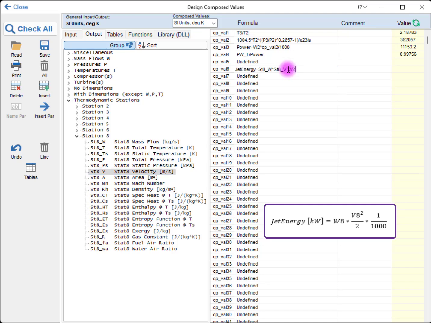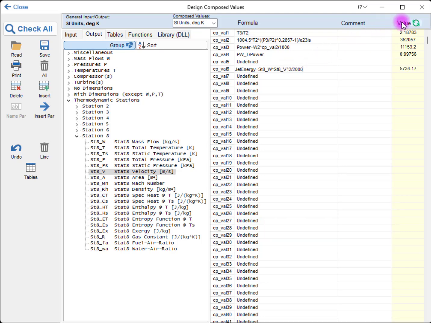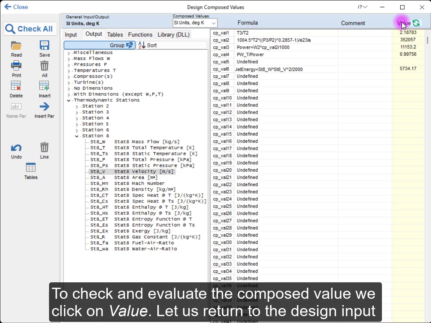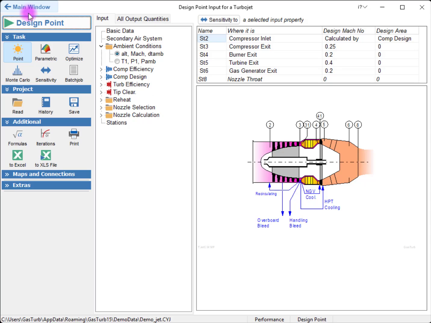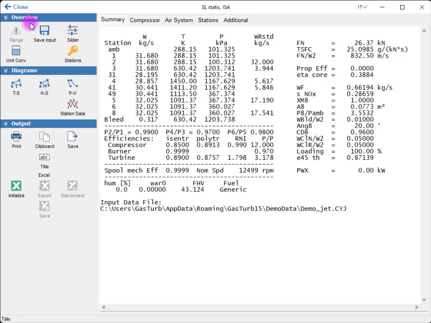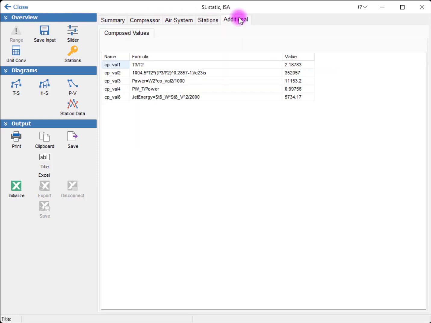To check and evaluate the composed value, we click on Value. Let us return to the Design Input window by closing the editor and run the design point calculation again. By clicking on the Additional tab, we can see the calculated composed values.